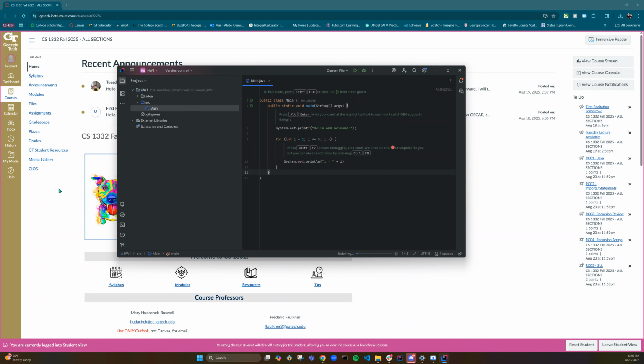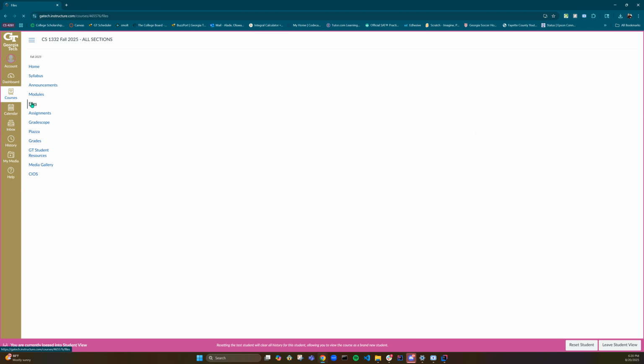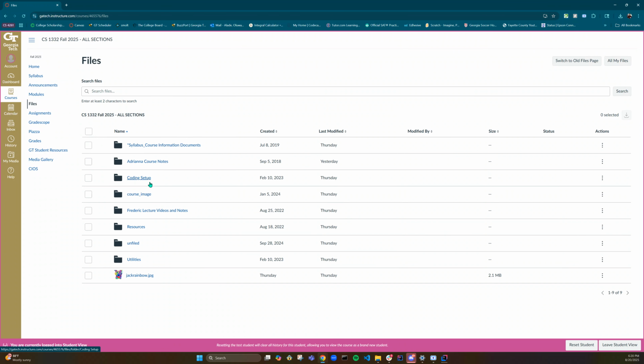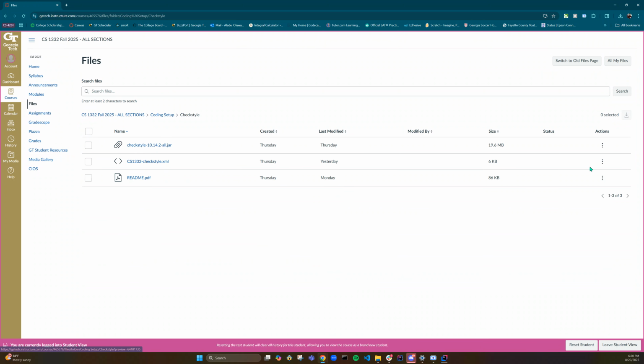So the way I like to do is go straight to files. Once you get here, this is actually also part of us setting up the Checkstyle. Go to coding setup, click Checkstyle, and then download this XML file. So go ahead and download it because we're going to use it to set up the actual XML file for the projects. And then for the homework, so if you just go to modules,